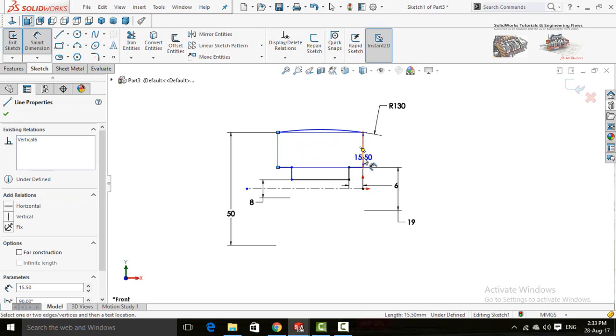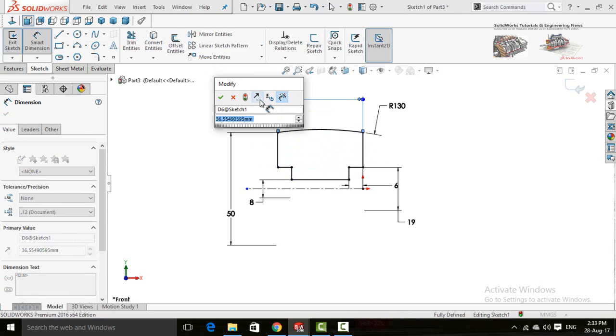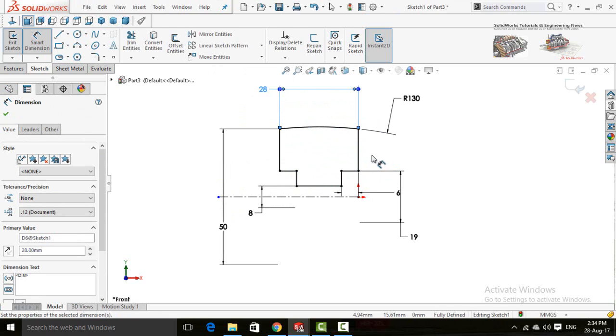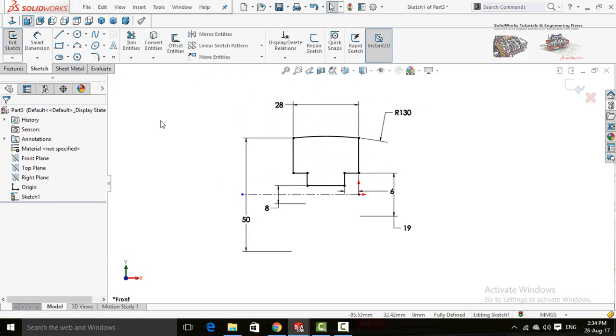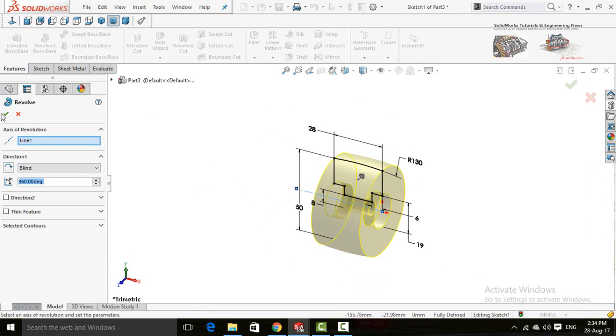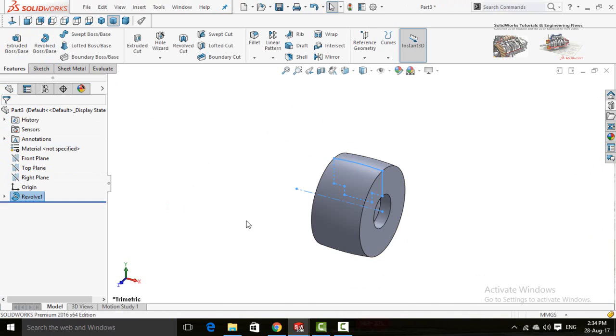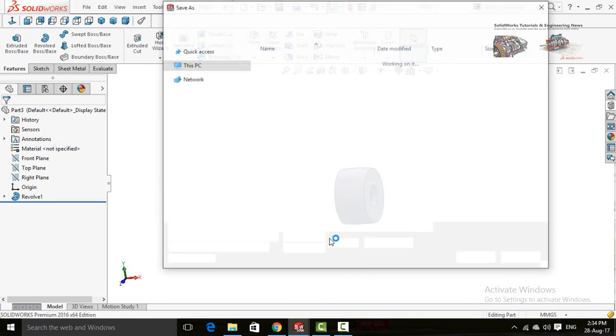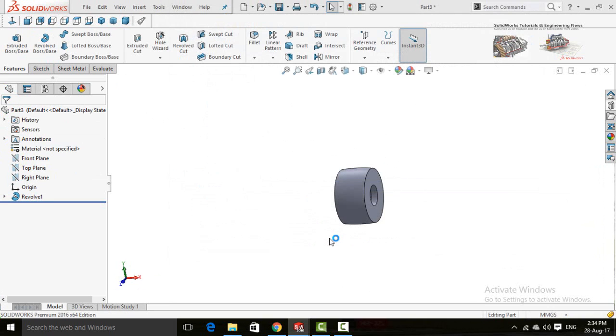Now insert the dimension from this line to this line, 28 mm. Now in the features tab, select revolved extrude and press OK button. Now save it. Wheel.